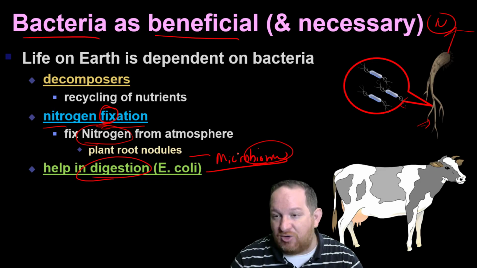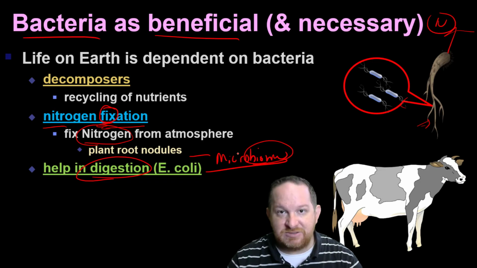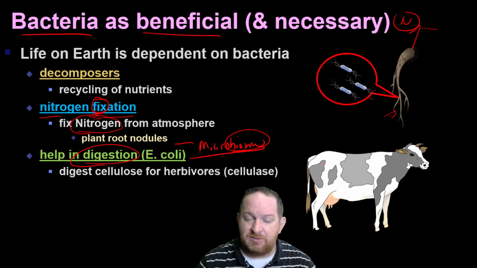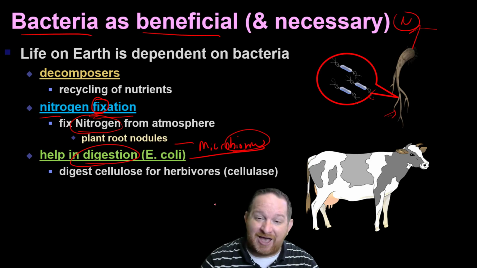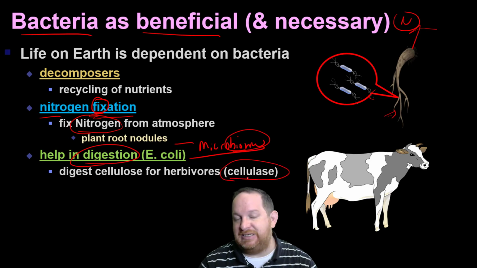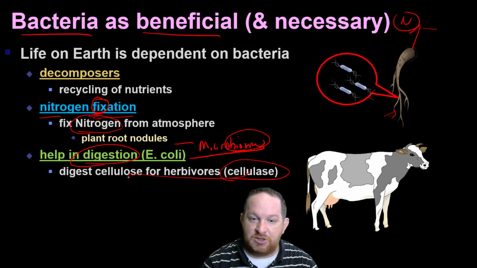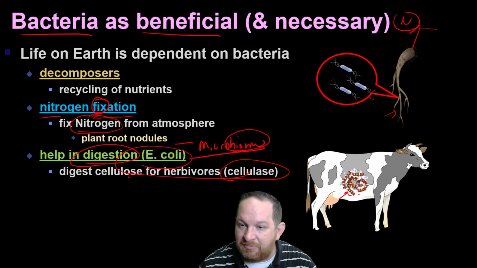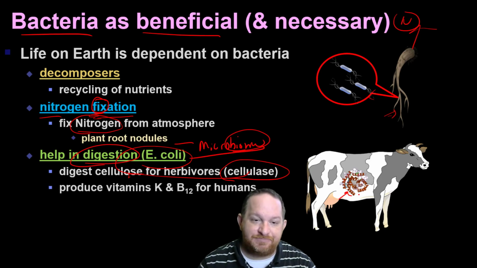So think about cows, for example. Cows eat a lot of grass, right? Well, humans don't eat grass. Why is that? Well, we can't break down the cellulose. How do cows break down the cellulose that's in this grass and these plants? They actually have beneficial bacteria that produce cellulase enzyme, which breaks down cellulose. So these herbivores that are eating a lot of cellulose rely on the bacteria in the gut to help them break down and get energy, using this particular enzyme called cellulase.